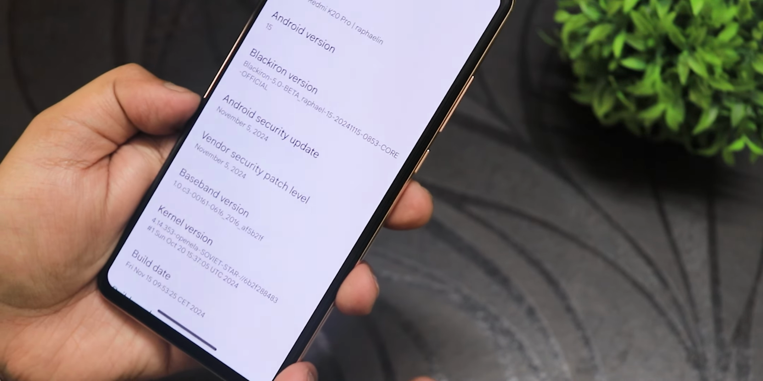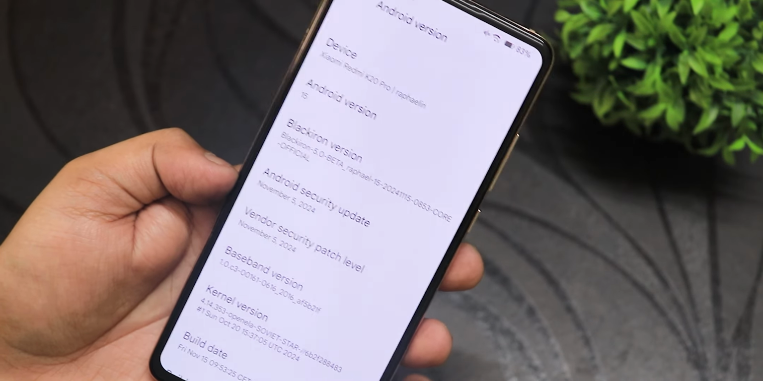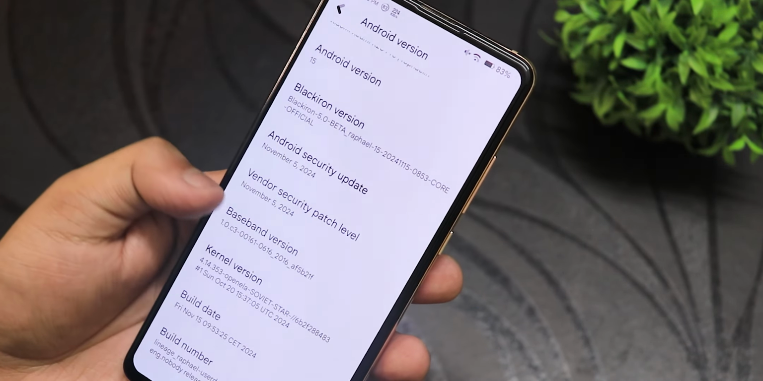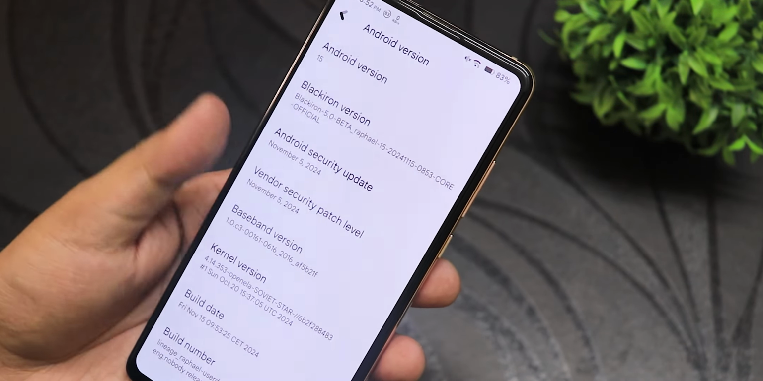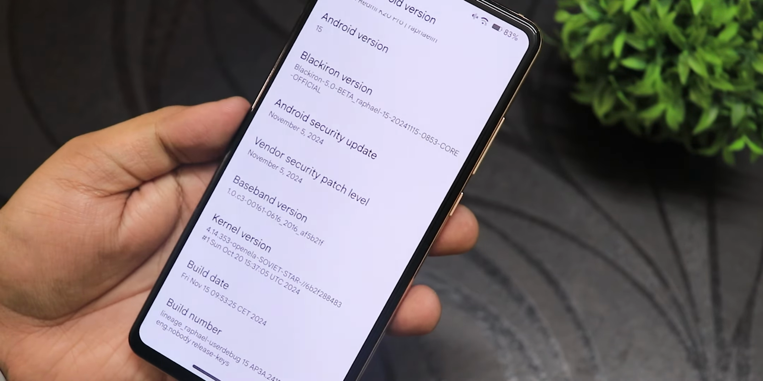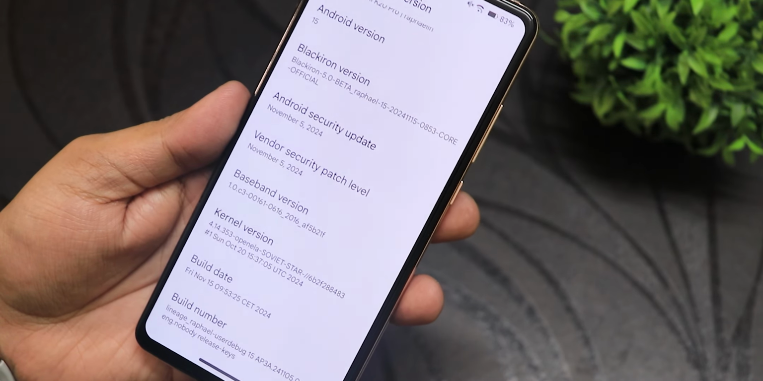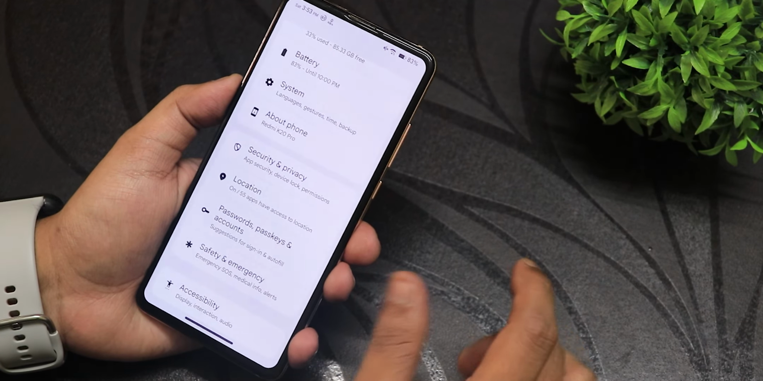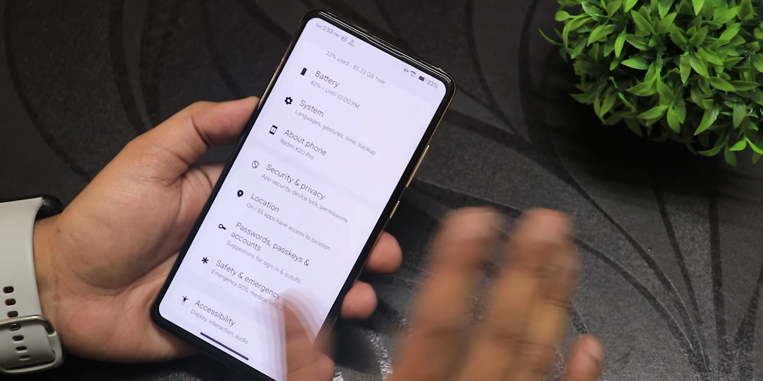The security patch we have right here is the latest, November 5th 2024, and we have the vendor security patch as well as November 5th 2024. So we are pretty much getting the latest security patch right out of the box. The stock kernel here is the 4.14 OpenLL Soviet Star kernel. Well, to start off, let me tell you one bug, or one thing that I miss in this ROM